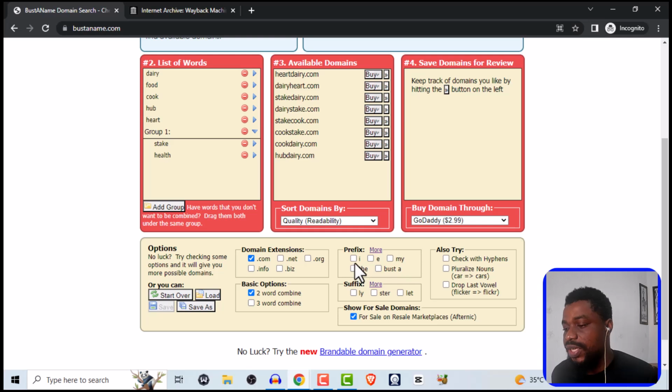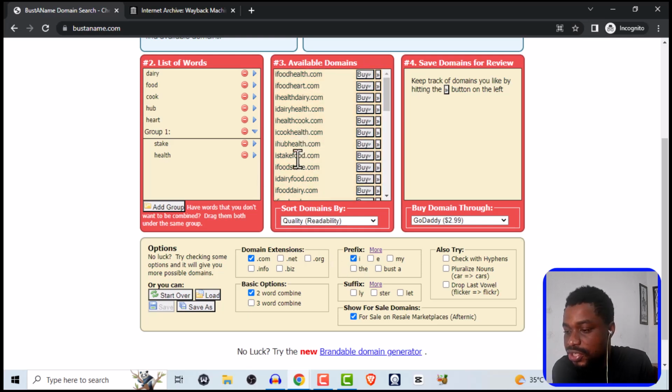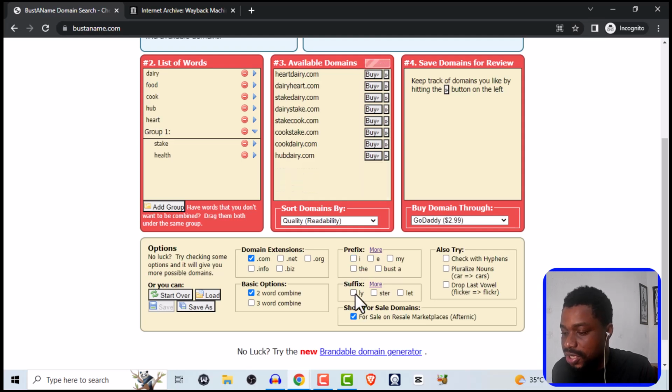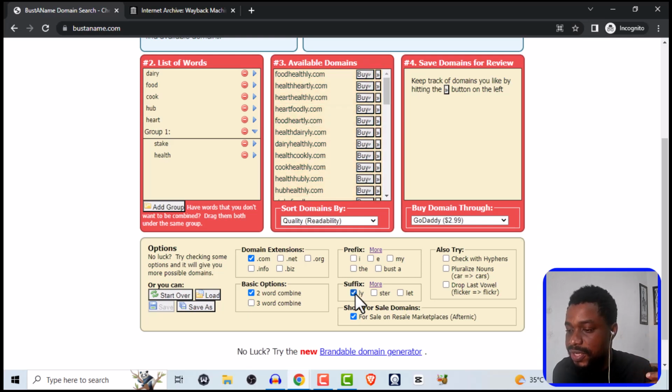So from here you can add a prefix. Let's say I want to add I cook steak, all right, something like that. You can say add I, and as you can see, it adds the prefix I, and here you can see isteakfood.com, or you can change that. You can add a suffix like bit.ly or stuff like that. So if you add that, you're going to see